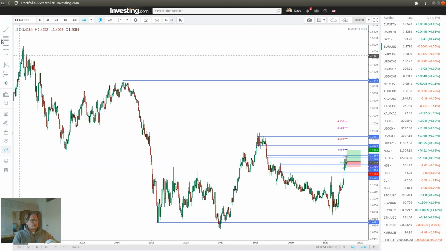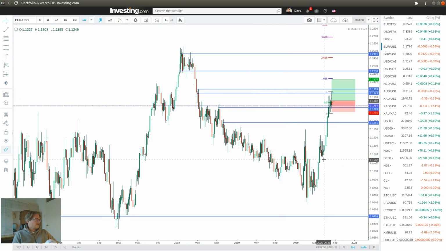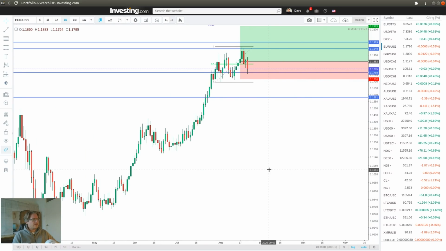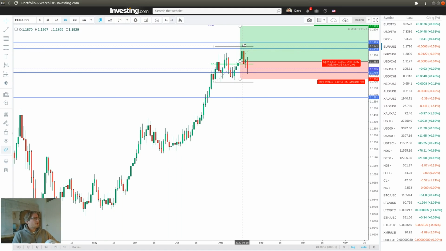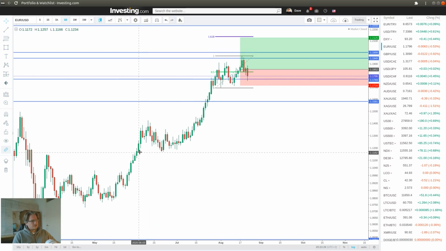Well, looking at the dollar on the weekly, we can see that this is clearly trending downward. So you could say, okay, I'm trading against the trend, and that's always more difficult than trading with the trend. But looking at the shorter term, we had this on the daily here, an uptrend, and then we broke higher and then we retraced. So I got in on the retrace somewhat on the 4 hour, and I placed my stop below here to see if I could get in on this trend that was going up on the daily.